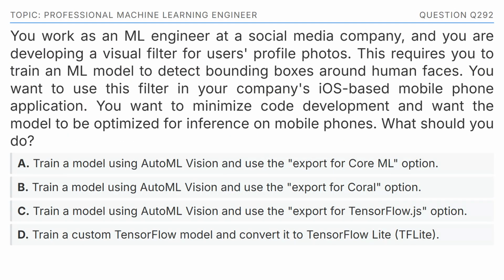You work as an ML engineer at a social media company, and you are developing a visual filter for users' profile photos. This requires you to train an ML model to detect bounding boxes around human faces. You want to use this filter in your company's iOS-based mobile phone application. You want to minimize code development and want the model to be optimized for inference on mobile phones. What should you do? The options are: Option A, train a model using AutoML Vision and use the Export for